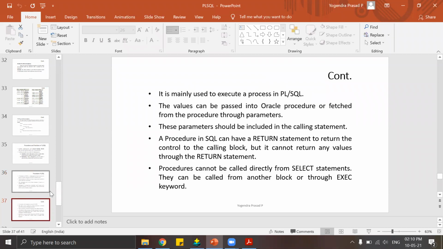So I said on difference, no, in a procedure it is clearly mentioned that we have to use this procedure to execute the process. So functions lo aithe to calculate some, or for calculations purpose kosam mana functions use chestam. Procedure lo aithe oka process ni execute cheyalante mana procedure use chestam. So process ante enti, if I want to update the employee salary,